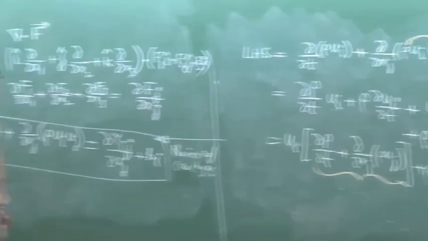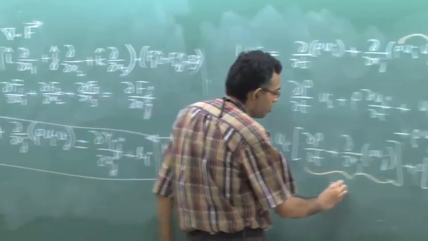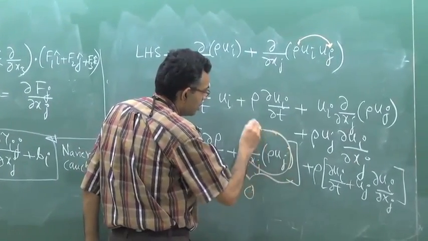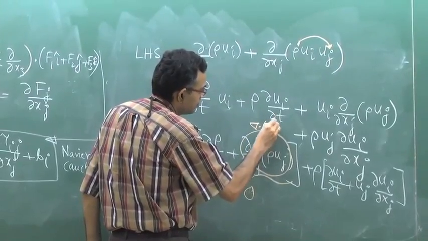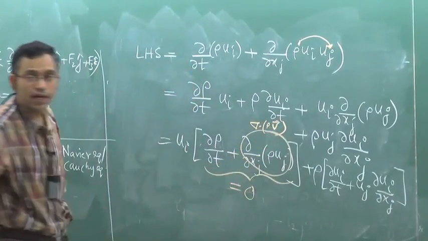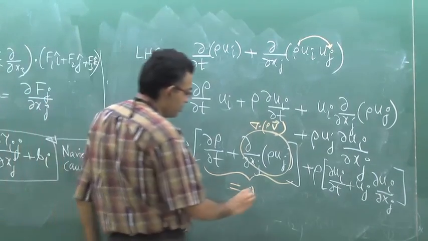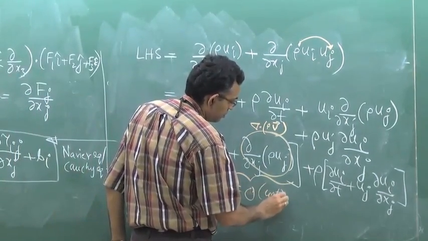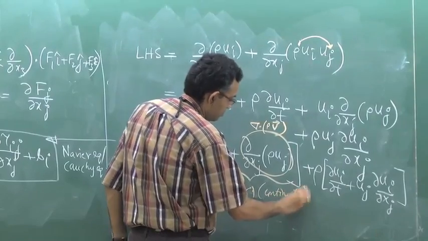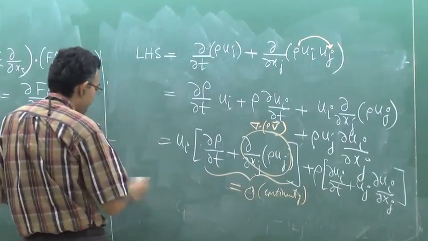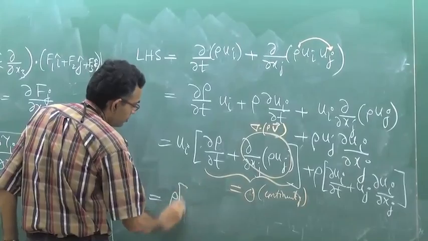What is this? This is continuity. By continuity, this is equal to 0. This is del dot rho v. In index notation, this is divergence of the velocity vector. So this is 0 by continuity. So the left hand side becomes rho